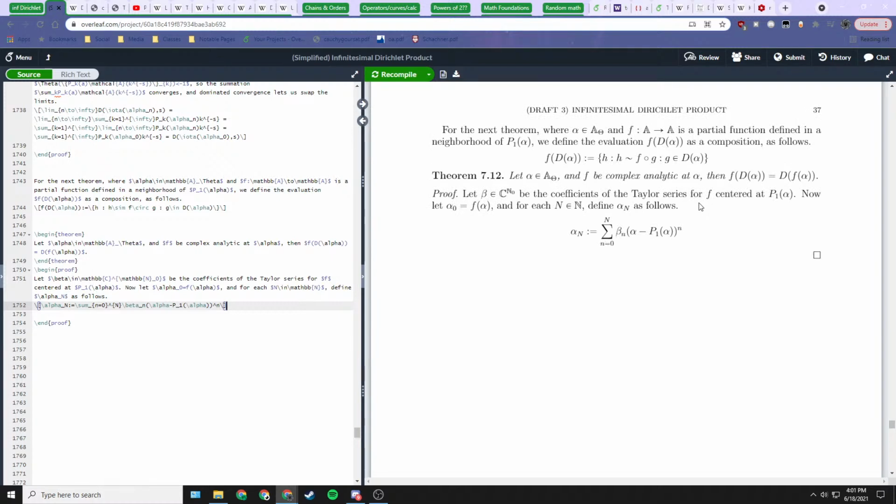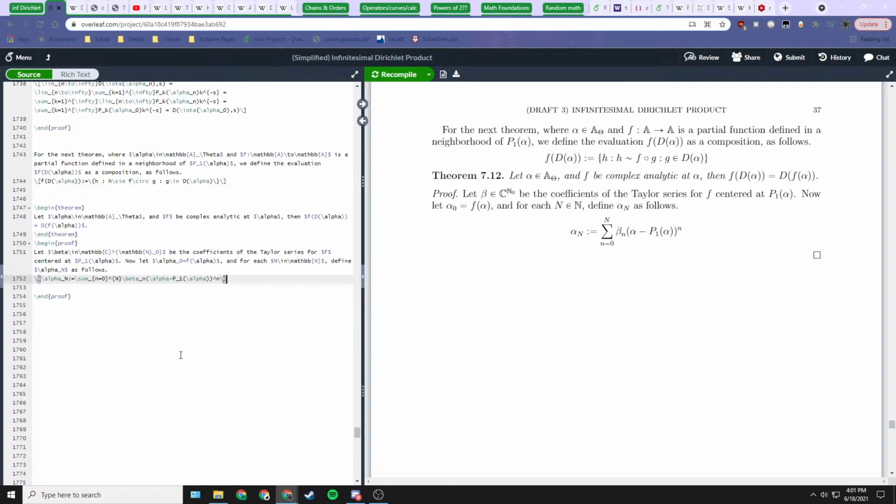Okay, so beta is in Cn0, coefficients of the Taylor series. Alpha 0 is f of alpha. For each n natural, define alpha sub n as follows. And then we have alpha sub n going to alpha 0, which is f of alpha. Alpha n goes to alpha 0, which is f of alpha. Okay. Then we want to say,